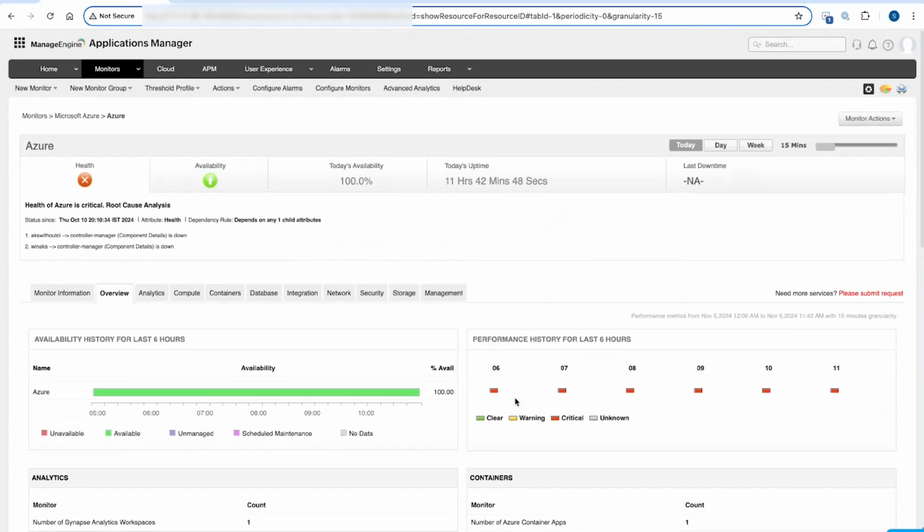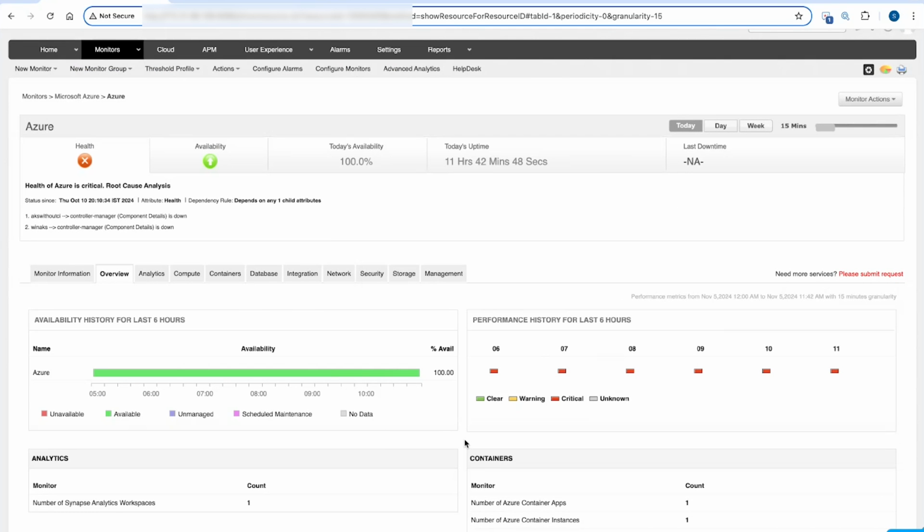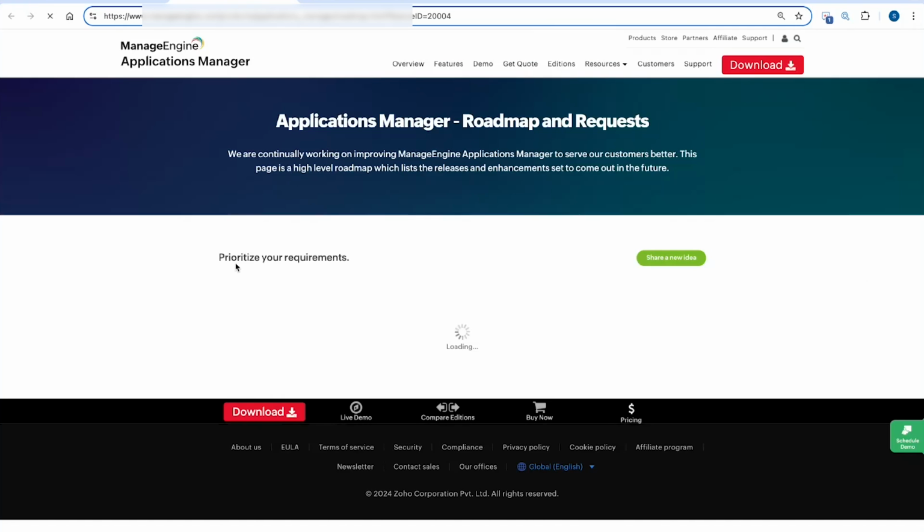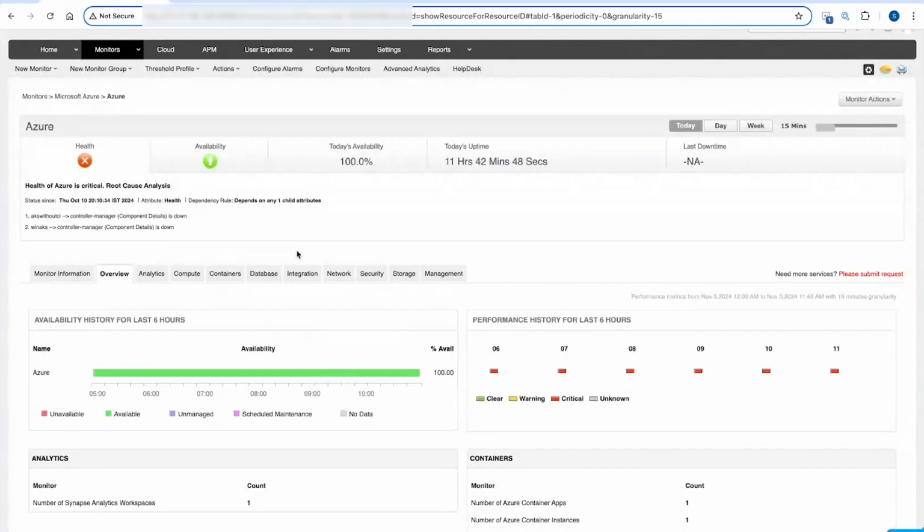And if there are no services already listed under this, and if you really want to extend this monitoring to some other services, you just need to click on this please submit request, and you can request us. So coming back to this,